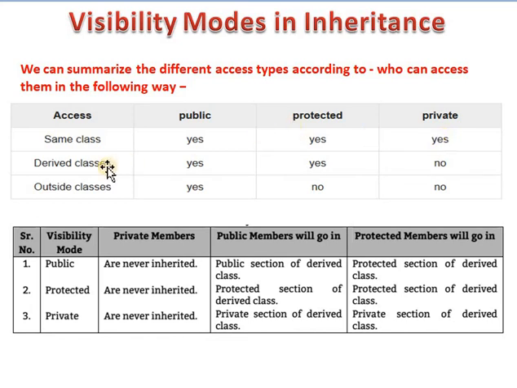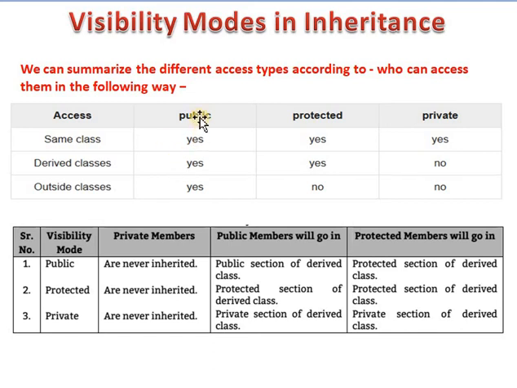Then the public members of the derived class are accessed. Next, protected members of the derived class are accessed, but the private members in the derived class cannot be accessed. In the same way, the public members can be accessed outside of the class. Protected members are not accessed outside the class, and private members are also not directly accessed outside the class. This is the summary of access specifiers.